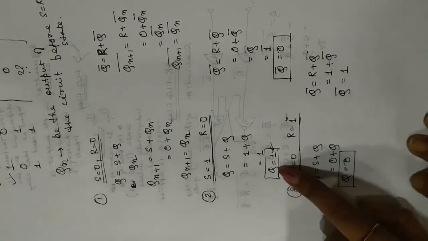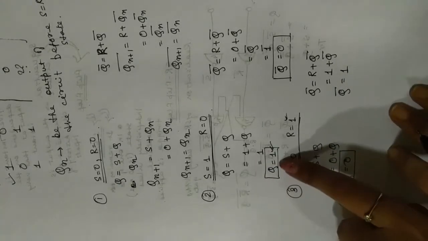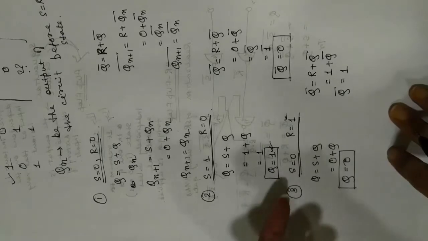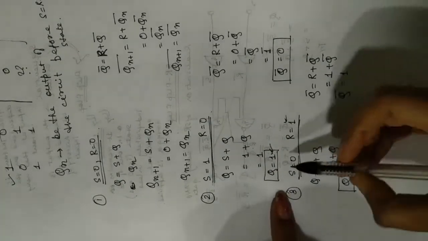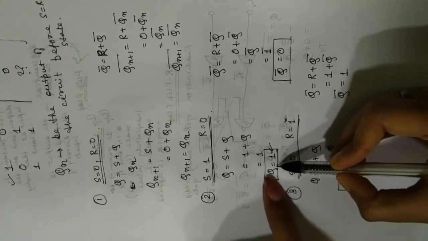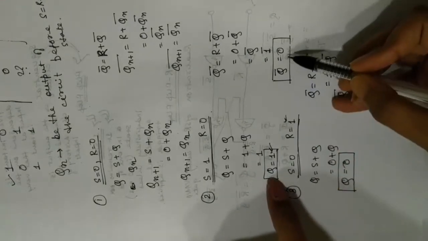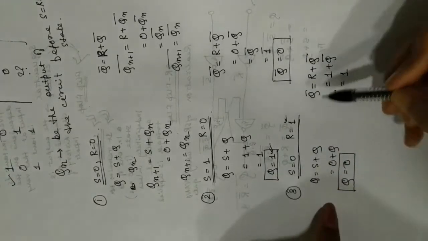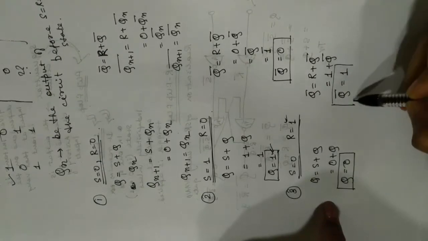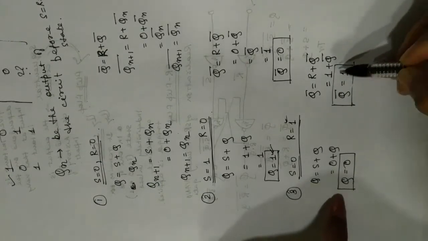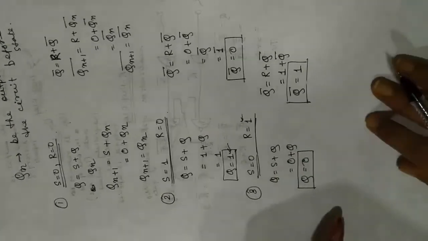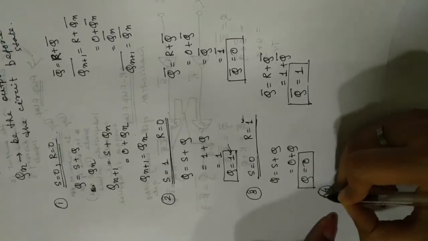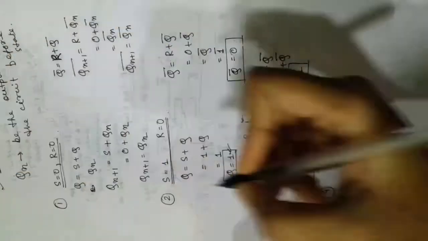So the moment one output value gets certified, that is 1 or 0, you automatically know the bar value, right? So over here, see, we have first calculated Q equal to 1 and immediately we know Q bar will be 0. Similarly over here, first it is easier to calculate Q bar is equal to 1, so immediately you know Q is equal to 0. Okay, now comes the fourth stage. We have proved this as well. Now we'll come over here.